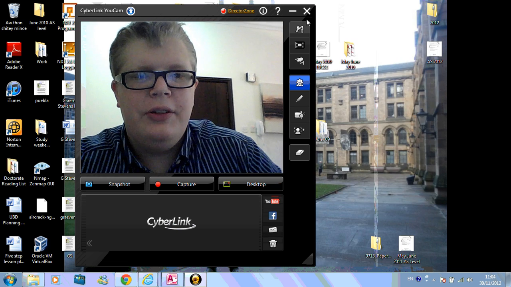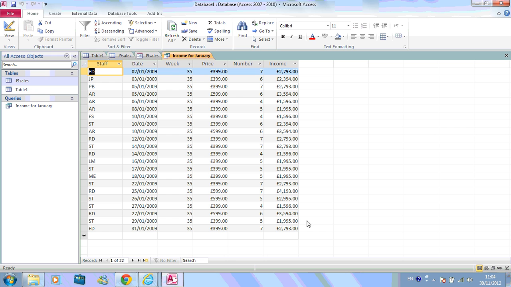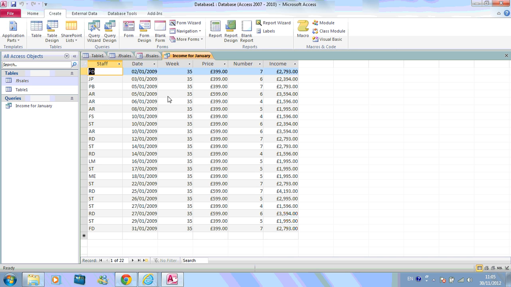Okay, so where did we get up to? Well, last time we were talking about queries and extracting data to Word or Excel. Now we're going to have a look at reports. So here I have a typical query that I have done, and I need to create a report. Let's imagine that the report also asks me to make a calculation of the income field, which is this column over here. To do this, I would go to Create, Report Wizard,